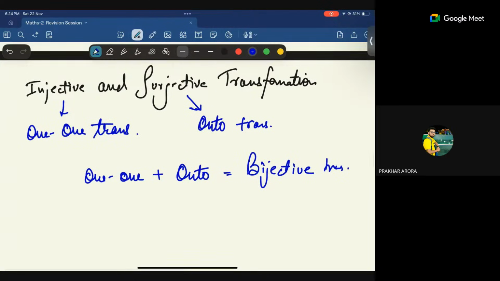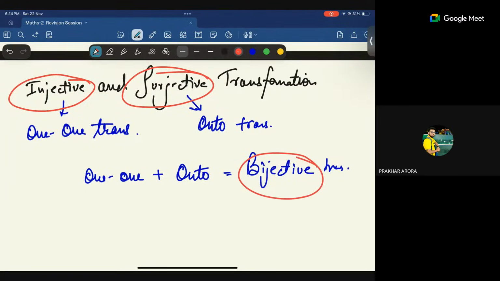It's bijective transformations. So this is exactly what the functions had. We had one-one functions, onto functions, and bijective functions. So this is what we are going to have here also for the transformations. Now the important thing is that you remember these words: what is injective, what is surjective, and what is bijective. Because if you know this, the question is the same. It's just that if you don't know the right word, you will lose marks for no reason. Just remember these words.